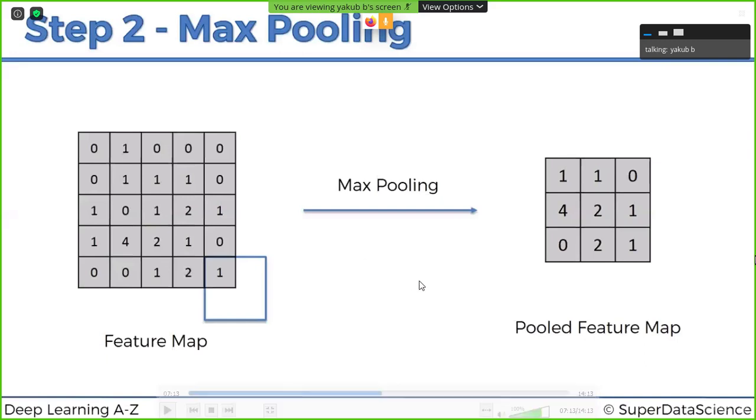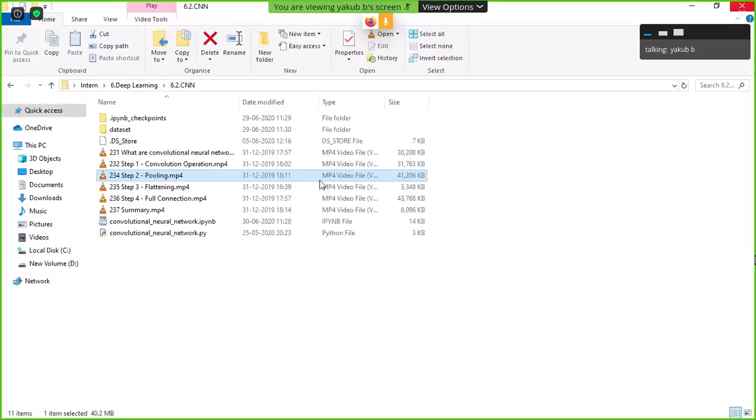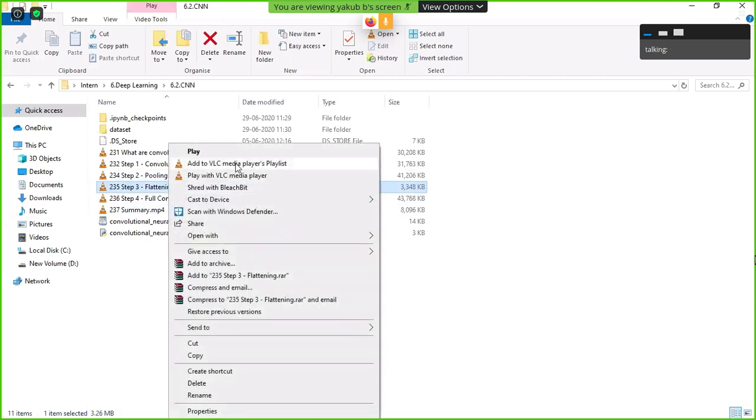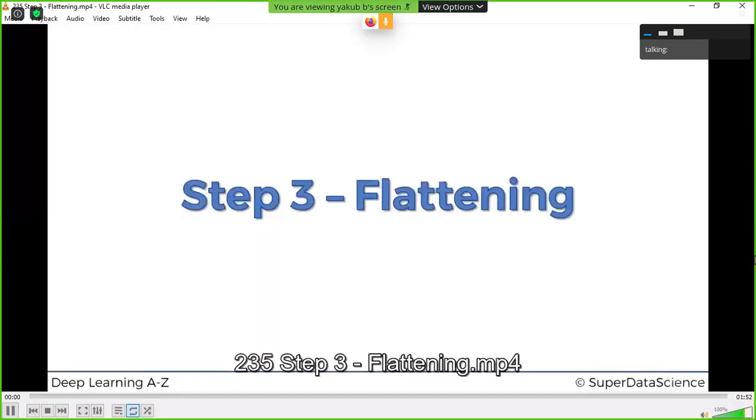So here it is nothing but the pooling layer. Whenever you want to increase the processing speed, I am reducing the number of features. If you don't do this max pooling, it will take more processing time, and it will also go for an underfitting problem. That is about pooling. After performing pooling, we will get all the feature maps. After getting all these feature maps, we need to flatten all these features.